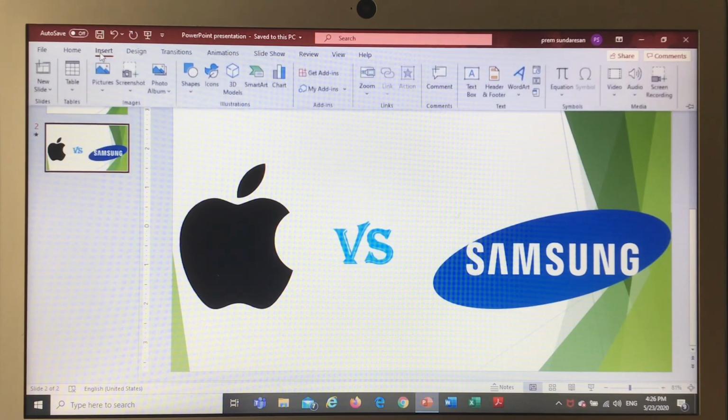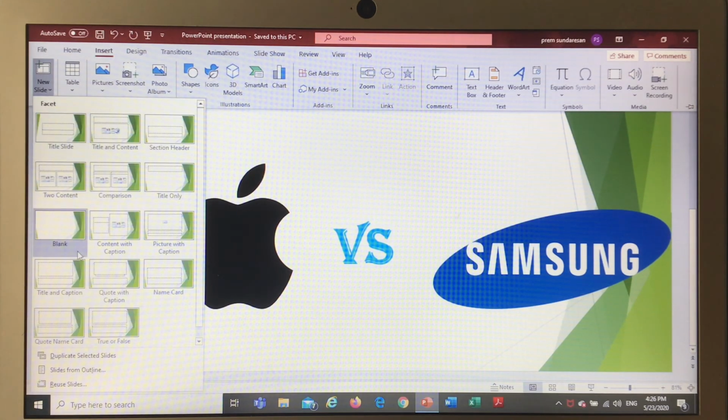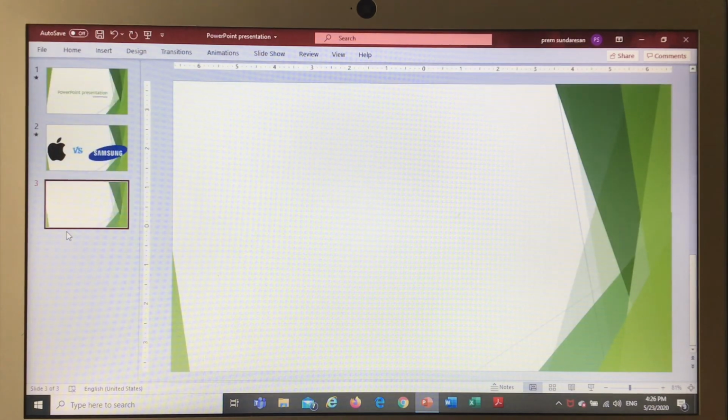But say for example I'm making a difference, say I'm adding a new slide, just a blank slide. So now changes have been made to this PPT, but these changes are not saved on the PPT that we just put in the USB. So if we want to save these changes with the actual PPT, you can press this.